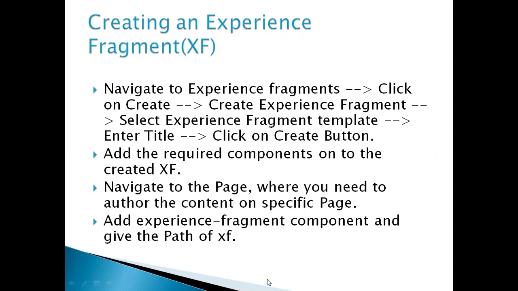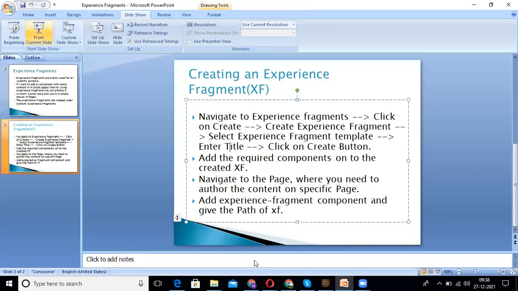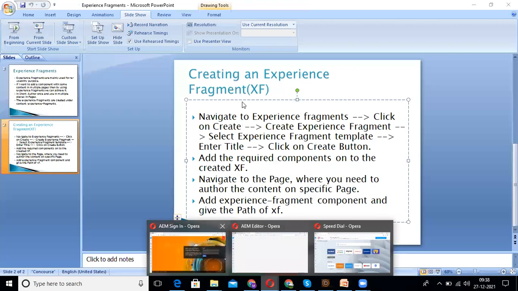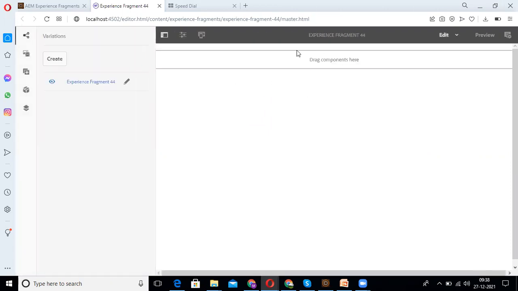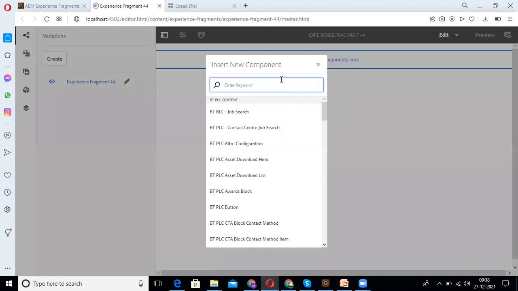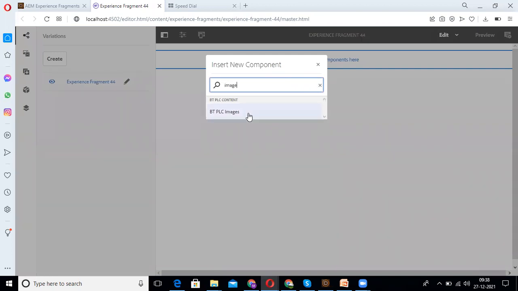Okay, now we will do authoring. See, this is the page. We need to add content. I'm taking one component, that is image.